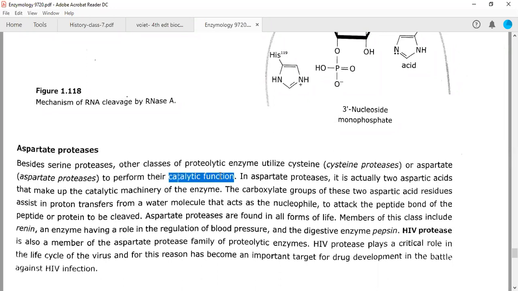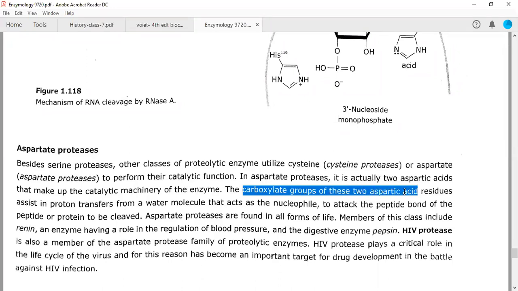In aspartate proteases, it is the two aspartate residues that make the catalytic machinery of that particular enzyme. So the carboxylate group of the two aspartic acid residues, if you remember the aspartic acid, so aspartate will have a